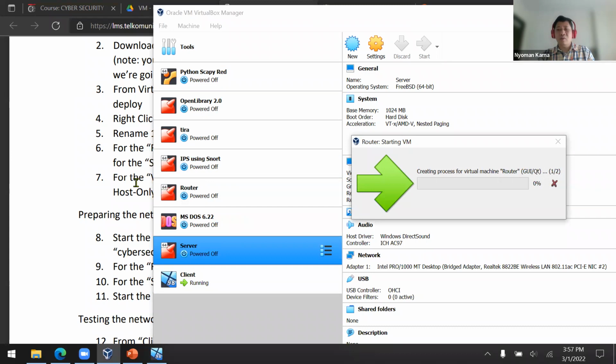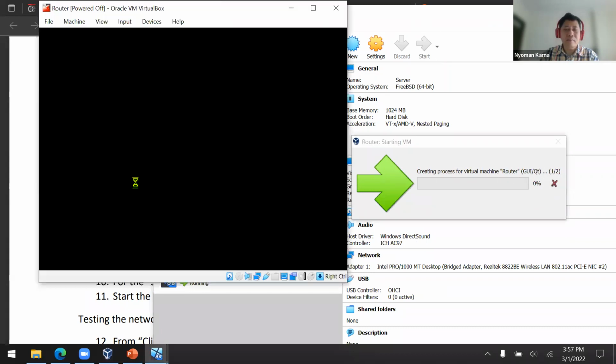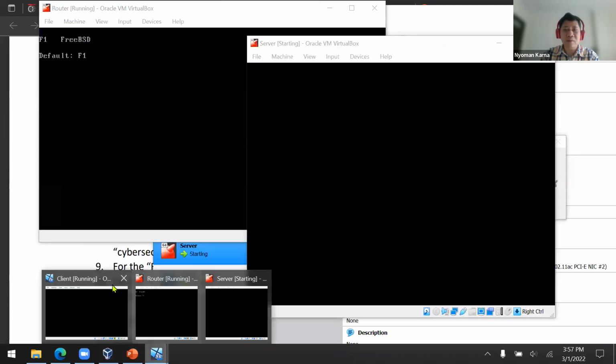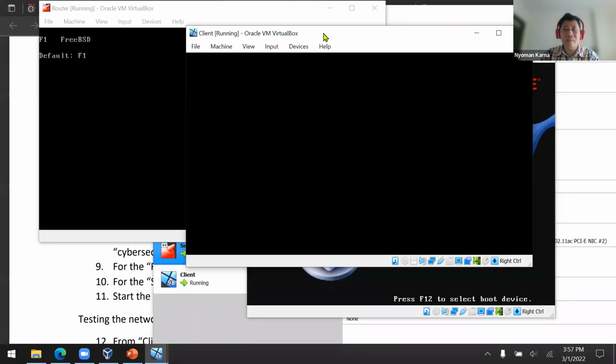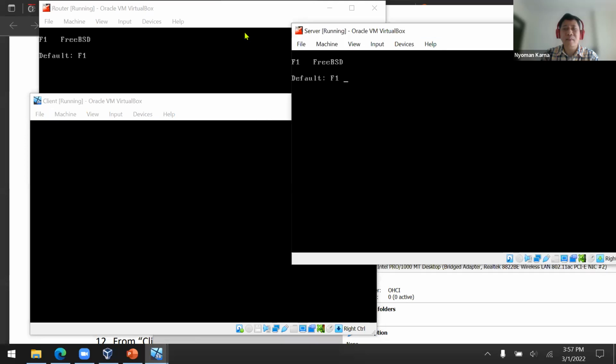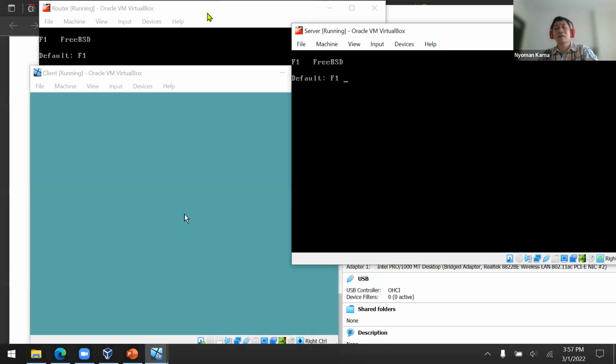And then wait. Okay, this is our router, and then there is our Windows 98 this one. Just wait until they have booted up.